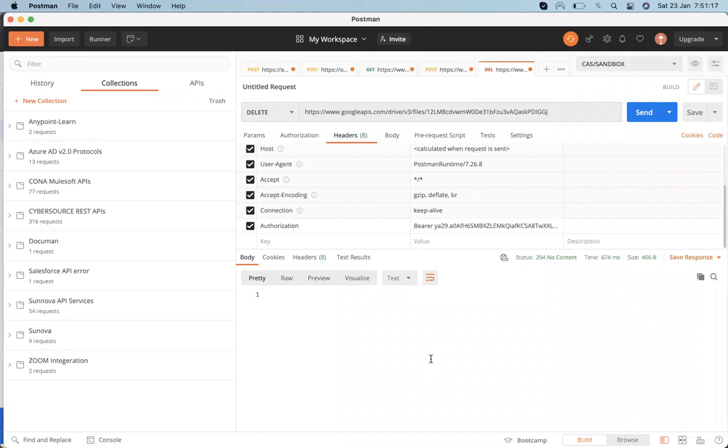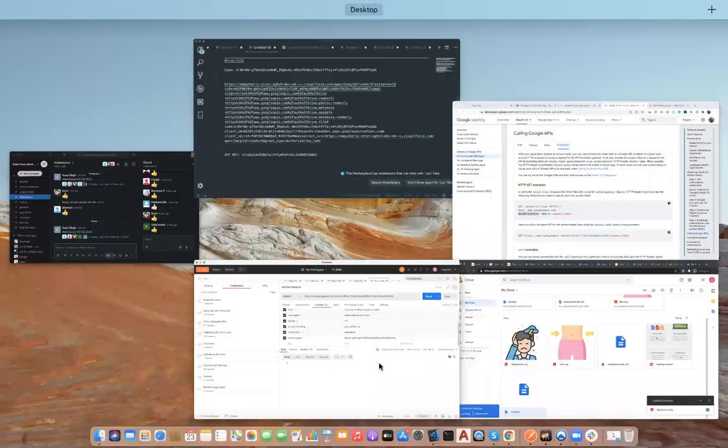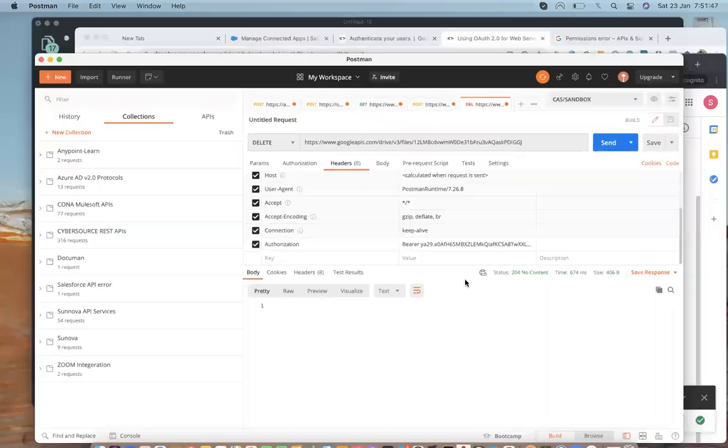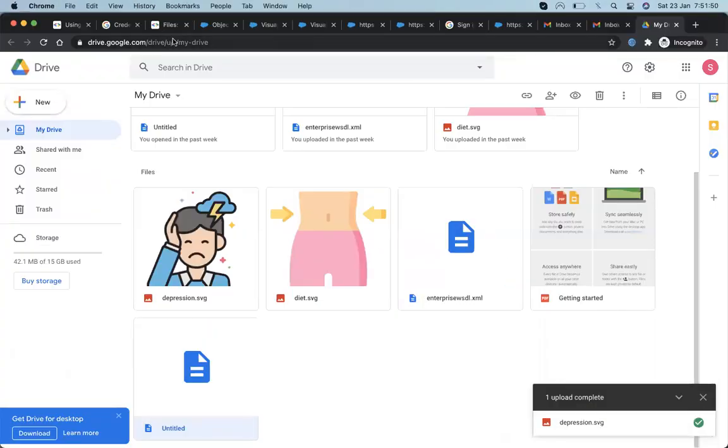We'll learn how we are working with Salesforce. Salesforce also has the same concept: we have to generate the client ID and client secret, then use the authentication and get the access token. And with the access token, you can do whatever action we have to perform: insert, update, delete. Similarly, for the Google Drive API, we also have to do the same thing. We have to create the client ID and client secret, do the authentication, and do whatever we need to do. So it's for each and every Google product.